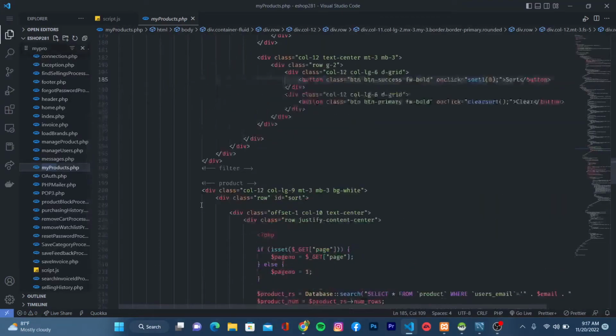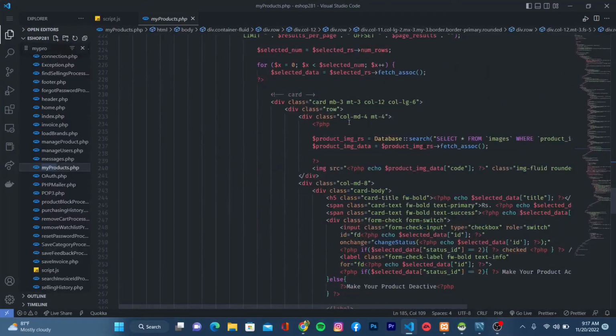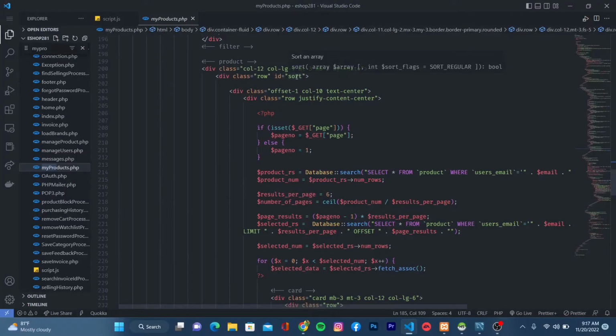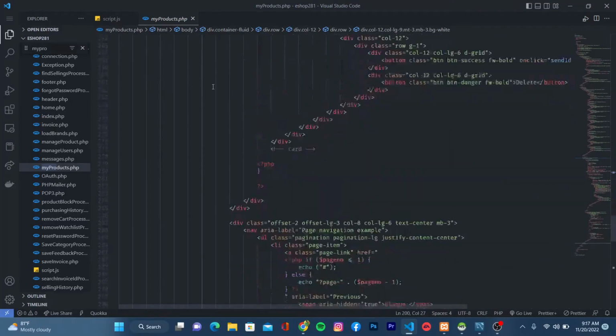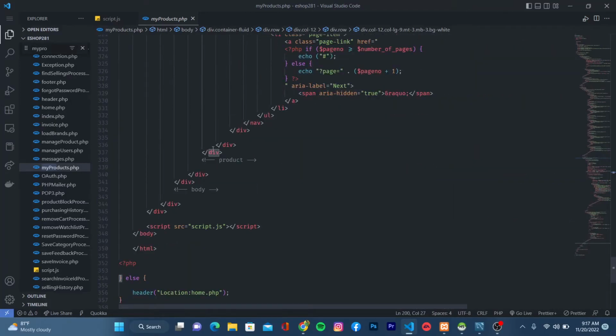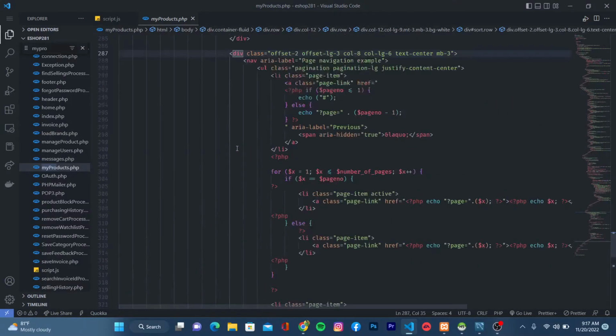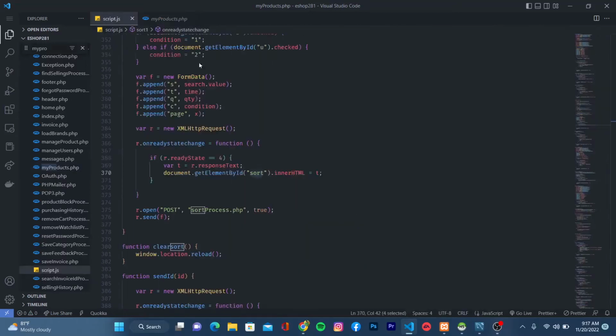You can see here I have an ID called sort, and for this whole div, the product div, it's going to end down here, and in here I have also the pagination. This is the pagination. Okay, so I have assigned that ID in HTML to this ID, it means the result coming from